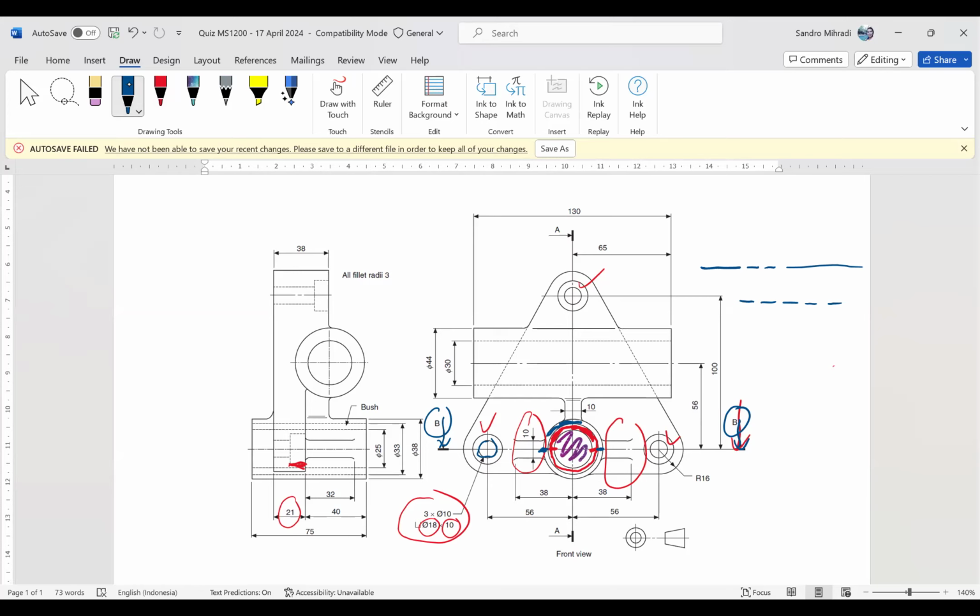Mudah-mudahan ngerti ya. Jadi kalau misalnya saya gambarkan nih, misalnya ini lubangnya, sultannya terlalu kecil, terlalu besar.